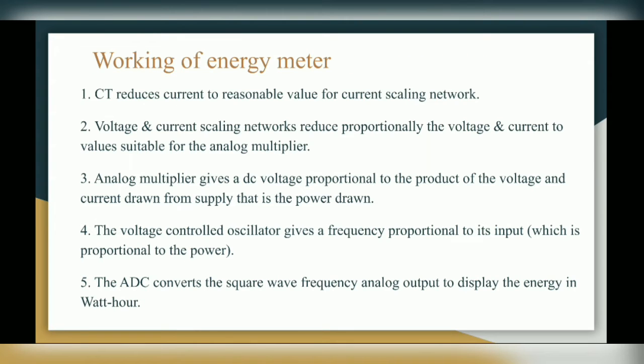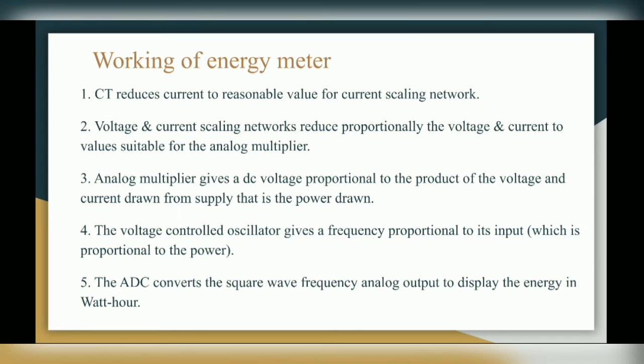So, working of this energy meter. First, the CT reduces current to a reasonable value for the current scaling network. Second, the voltage and current scaling networks reduce proportionally the voltage and current to values suitable for the analog multiplier. Third, the analog multiplier gives a DC voltage proportional to the product of the voltage and current drawn from the supply, that